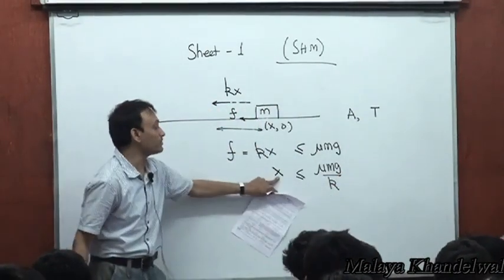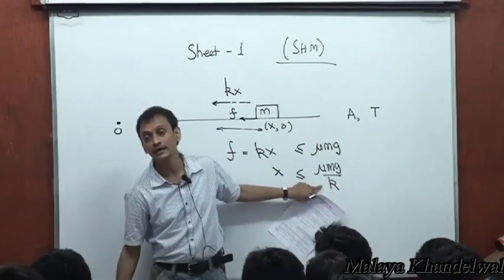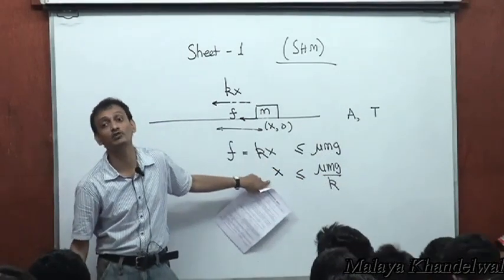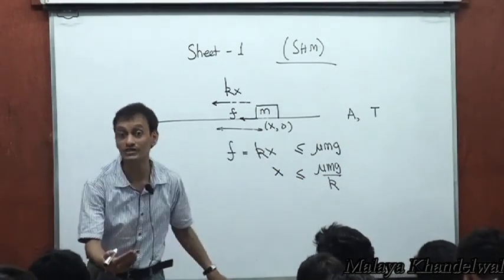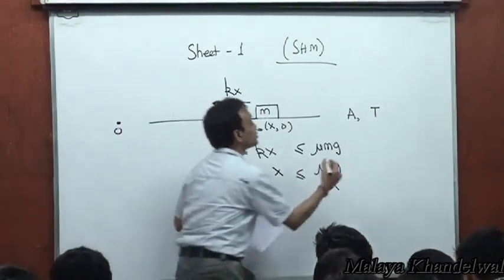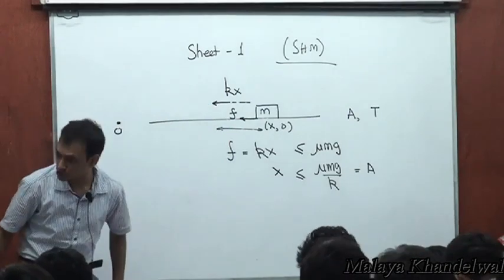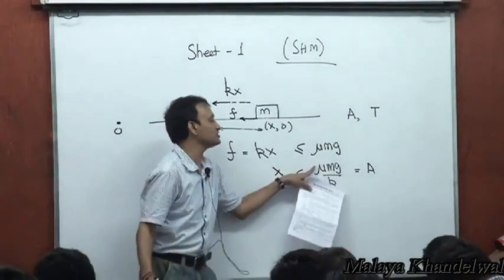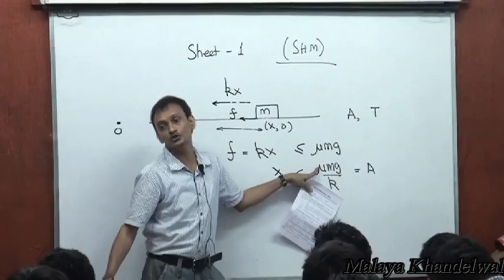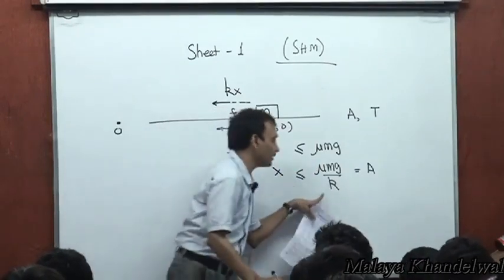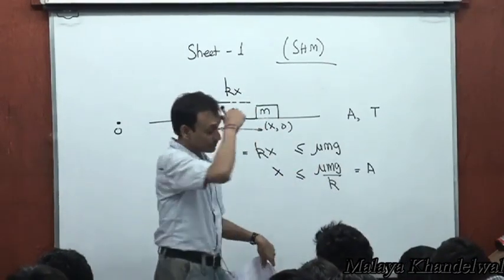That means the maximum permissible value of x is mu mg by k, and the maximum permissible value of x is the amplitude of motion. So this must be equal, as a limiting case, to the amplitude of motion, and this will provide you the value of mu, the coefficient of friction, where evidently